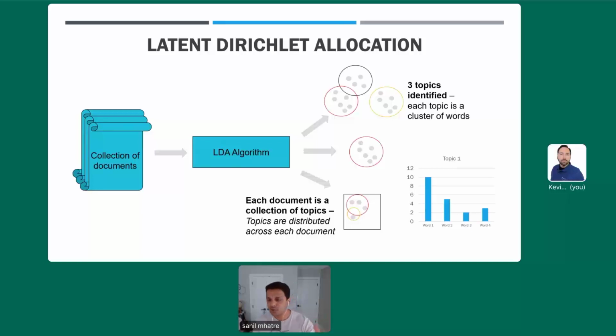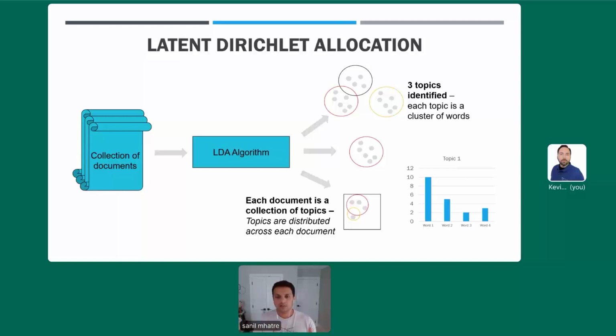This is a visual representation at a 10,000-foot level. How does the LDA algorithm work? On the left-hand side, you feed a collection of text documents to the LDA algorithm.